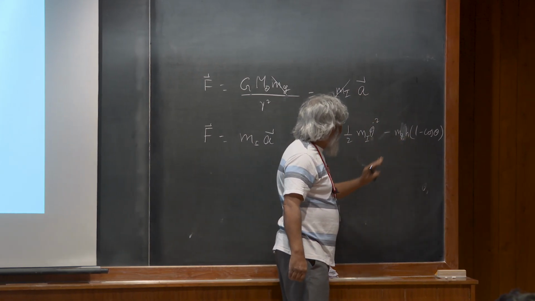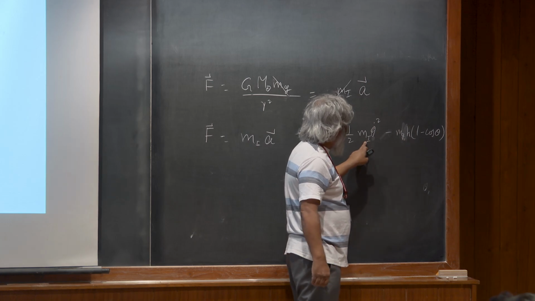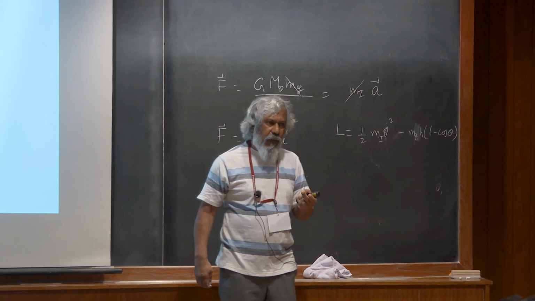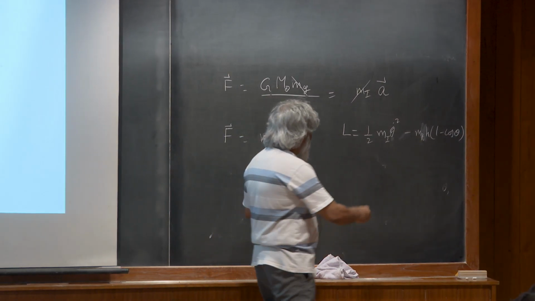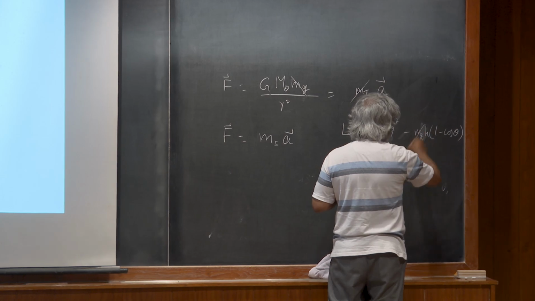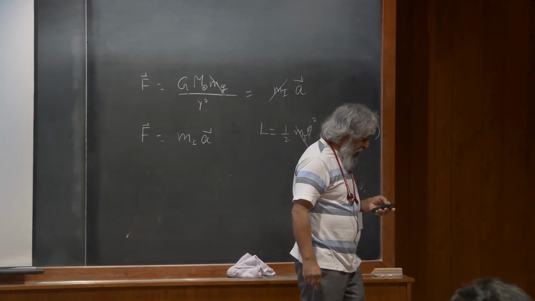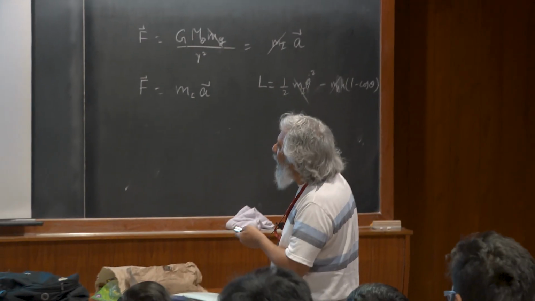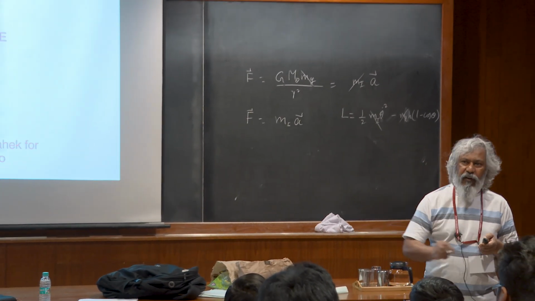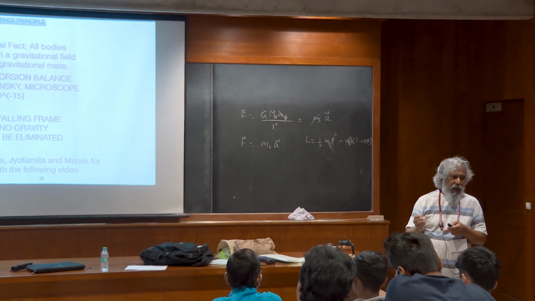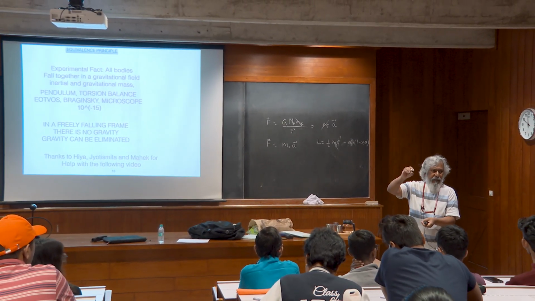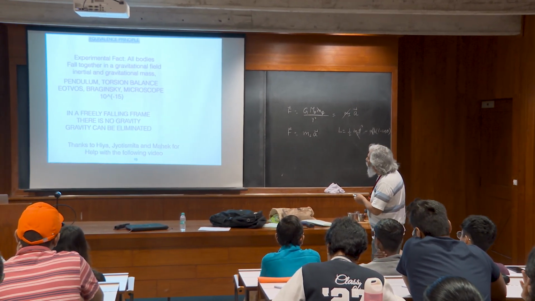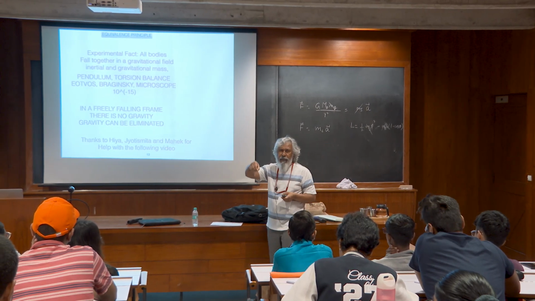And when you work out the frequency of this, if these two are different from each other, the frequency will depend on whether you use one aluminum bulb or a gold bulb or a lead bulb. Right? Because on the other hand, if these two are the same, you can cancel this out. So people did experiments, and many of these experiments were done by, well, Newton, Bessel, all these people did experiments with pendulum to check if all of them had the same frequency regardless of the composition. You choose a length to be the same, and then you look for a change in the frequency. They found no difference.